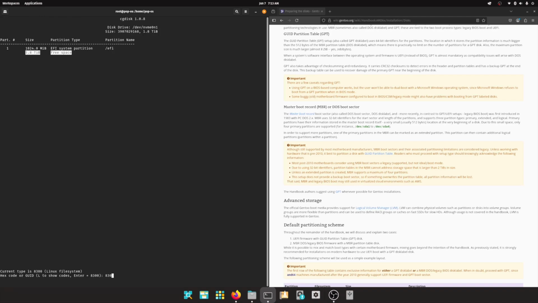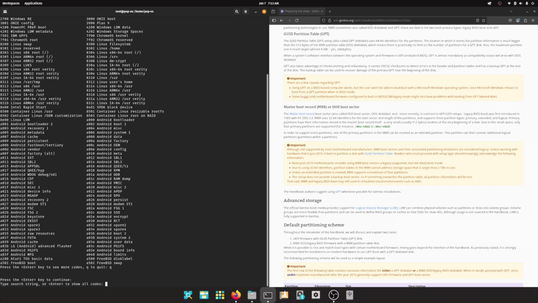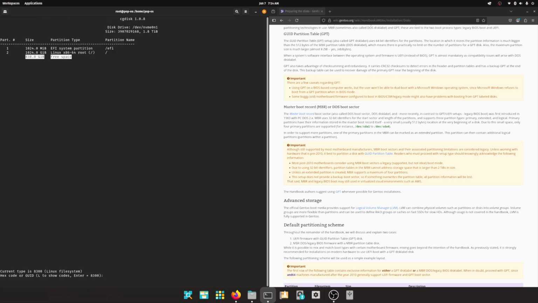and type in 8304, type in the name, which is just a / for root, and then we're going to type in new, press enter for the default sector, and then we're going to type in 800 G's, because that's how rich we are, just kidding, and then type in L, look for home partition, which is Linux home 8302, as we can see right here. So 8302, it's going to be /home,